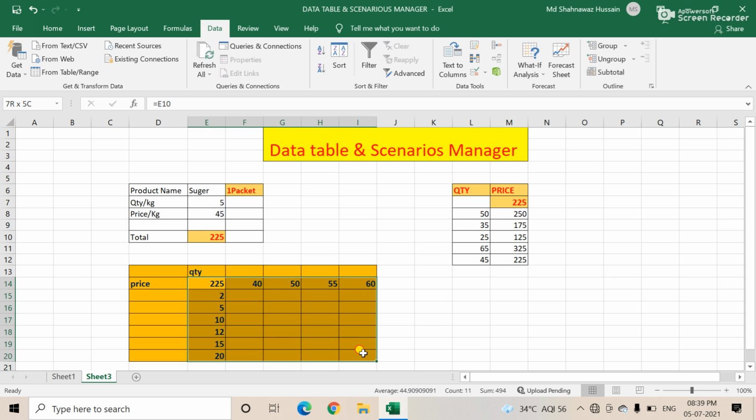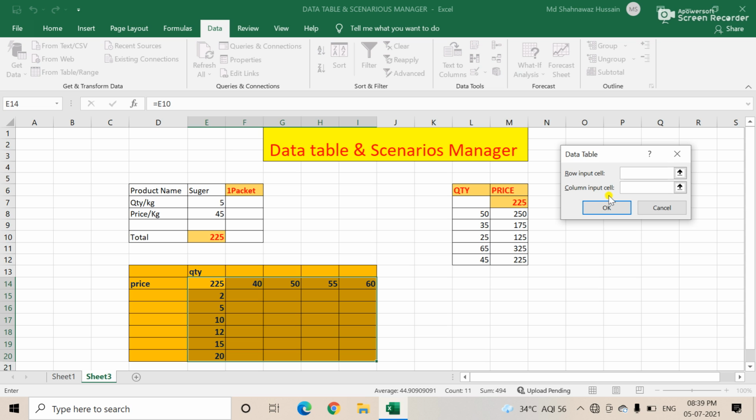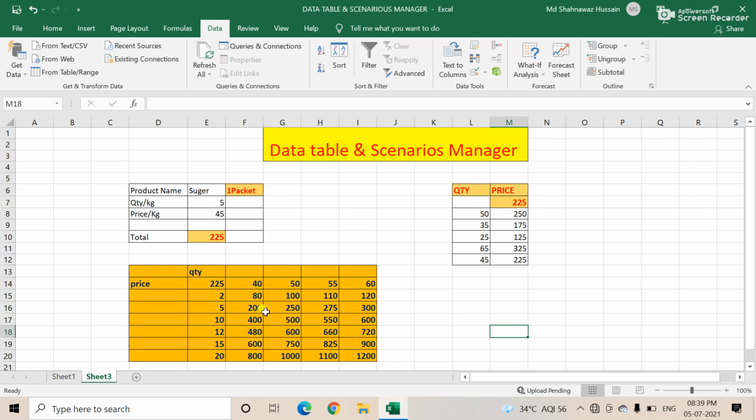Just select all of this, click there, data table is there, row input is there, and the column input is there, the 45, then click OK. You see it is coming: 40, 20, 80, 50 into 200, like this.